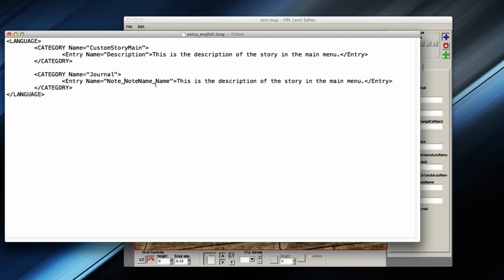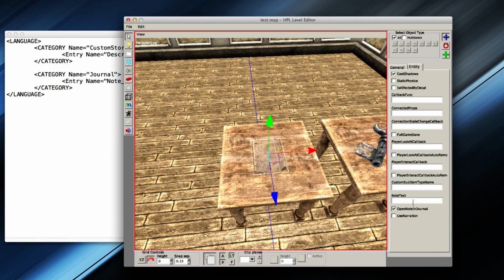So you're not actually going to write those plus signs and everything like that. They just mean that it's going to add whatever is inside here to the variable name. So you want to add this part as your custom name for the note. So I'm going to call this just test note. You can name it whatever you want, really. And whatever you have between the prefix and suffix of this little variable name right here, you want to put that same name in the note text box right here. Paste. Oh, actually, pasting doesn't work for me. I'm just going to write it. Note test. Or did I do test note? I did test note, didn't I?